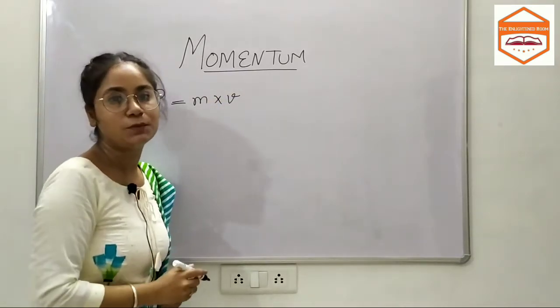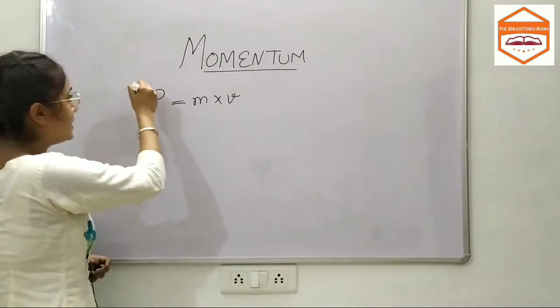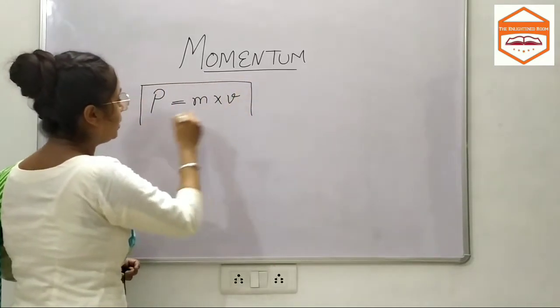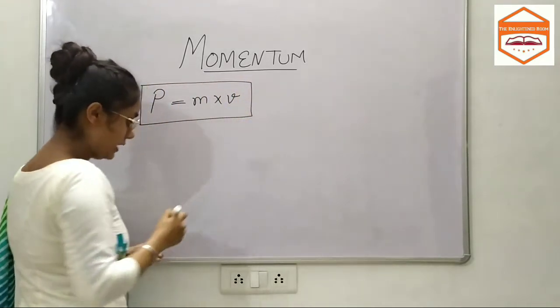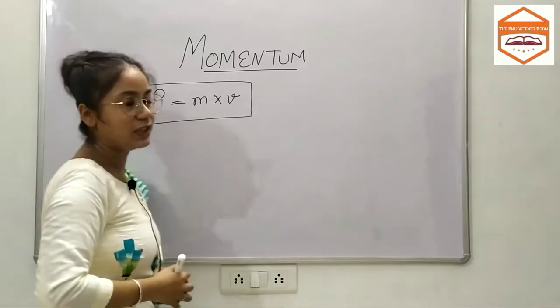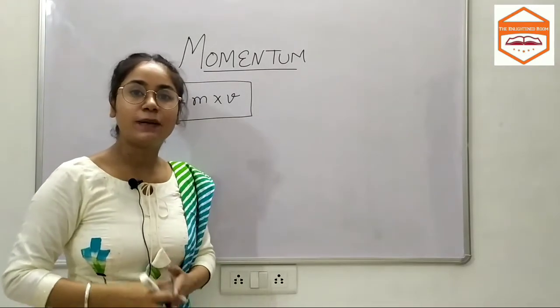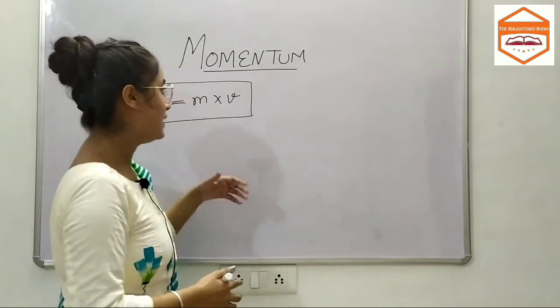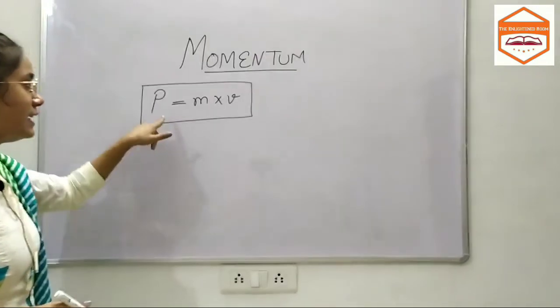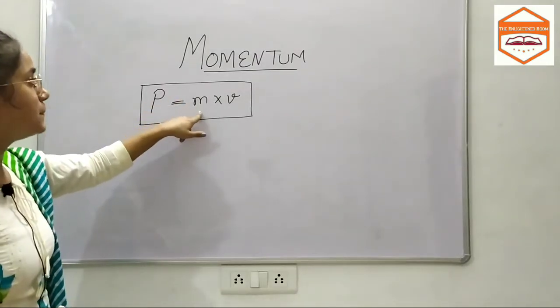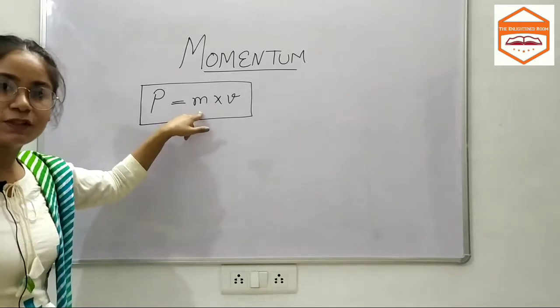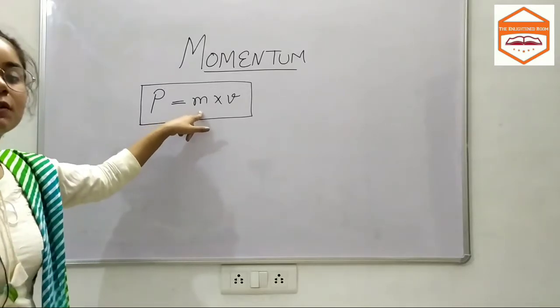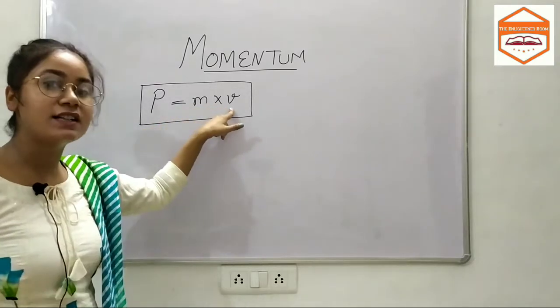of the moving object. So now this is the formula for finding momentum, and this formula is beneficial in many numerical problems. So let us study more about it. This P is momentum here. This M is the mass of the moving body or the moving object, and this V is the velocity